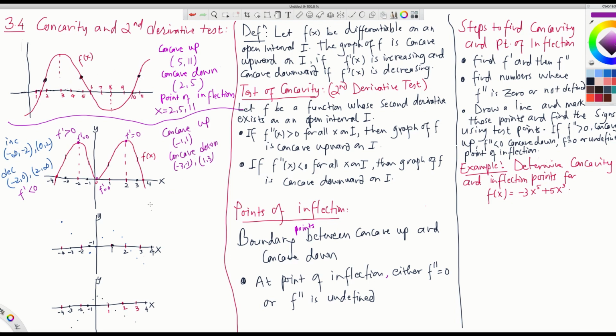Let us list the points of inflection here. What are the boundaries between concave up and down? So we don't know about -3 because we don't know whether it is concave up on the left side, because it keeps going, right? It keeps going like this and it keeps going like that. So the point of inflection is -1 for sure, x equals -1, because it is the boundary between concave down and concave up, right? And then another one is